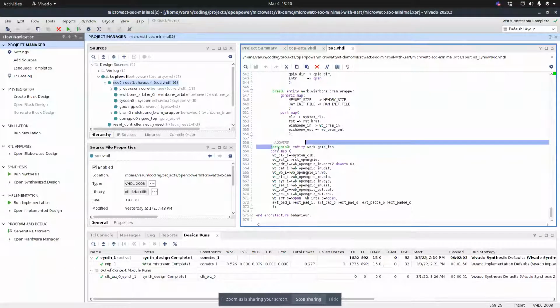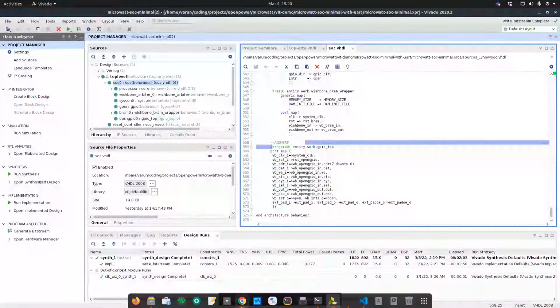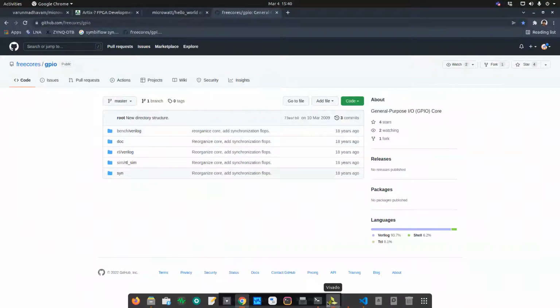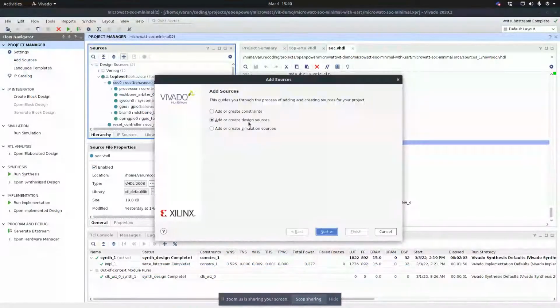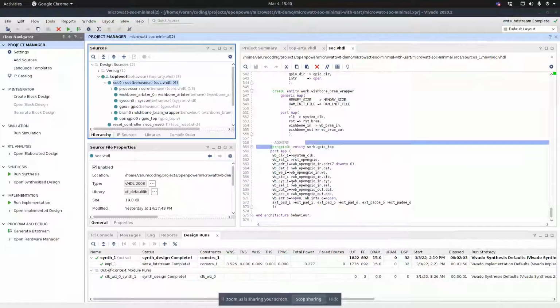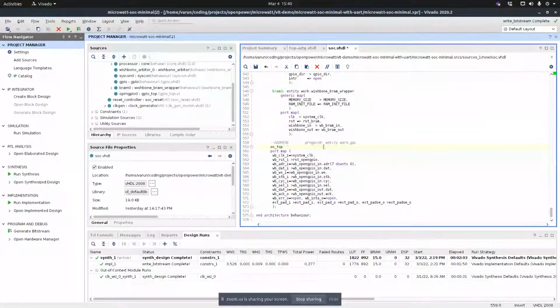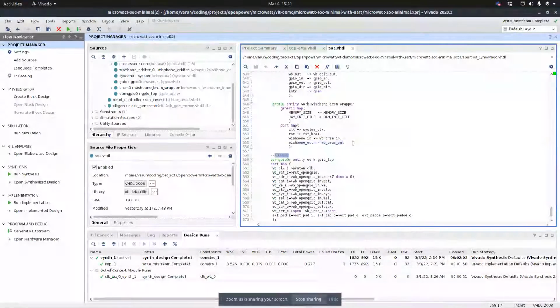So what you have to do is, the source file which you download from here, you have to add it as source files in your design, and then you can instantiate your GPIO or whatever IP core, and the associated file here. And then you have to, if you see the connections,